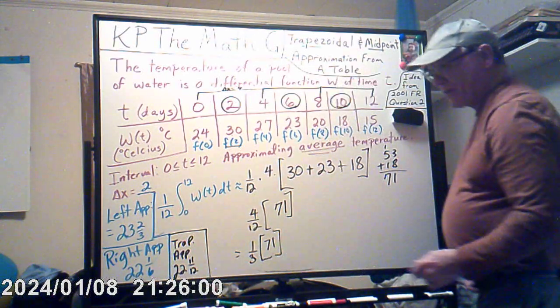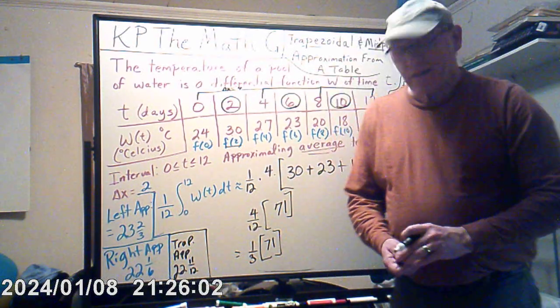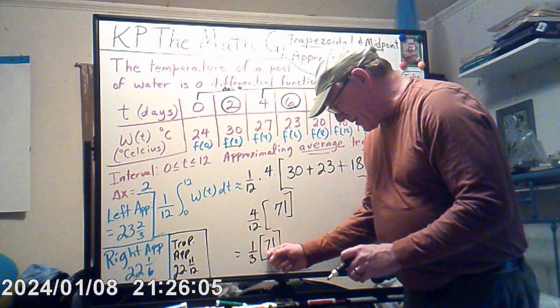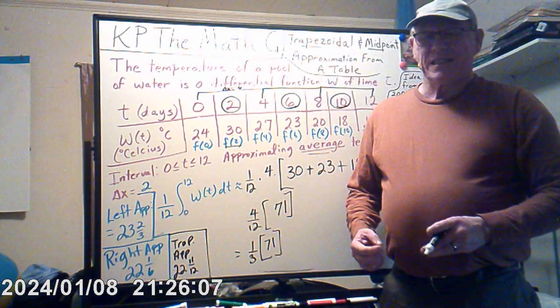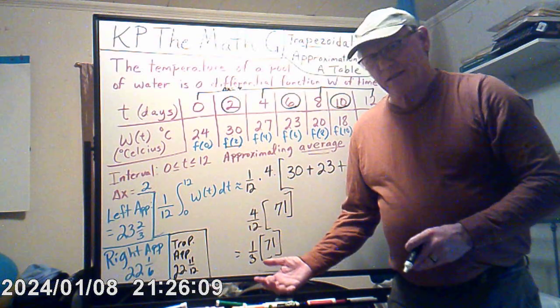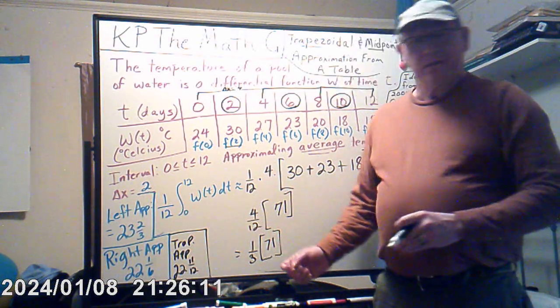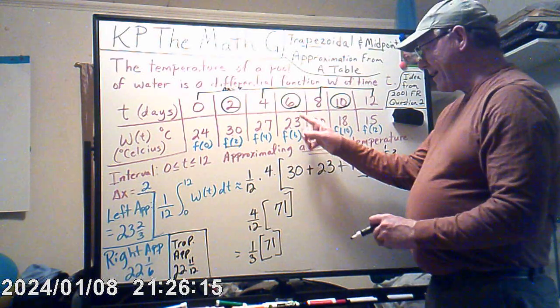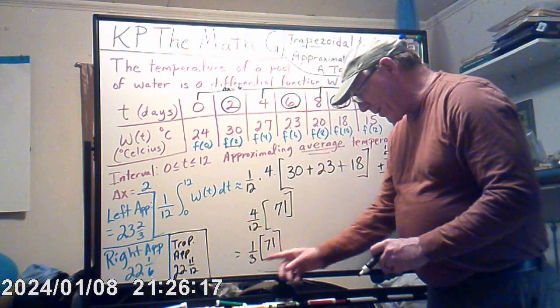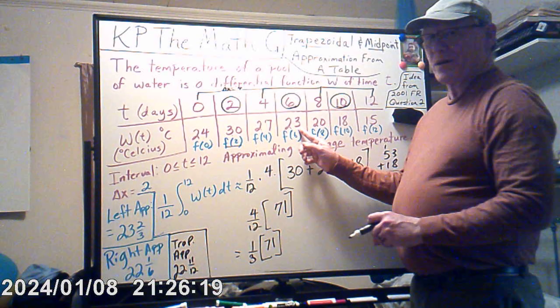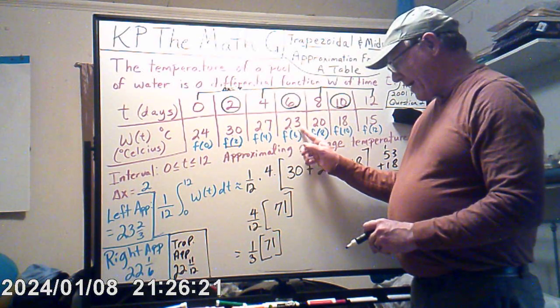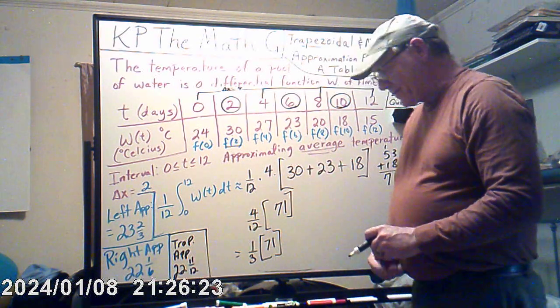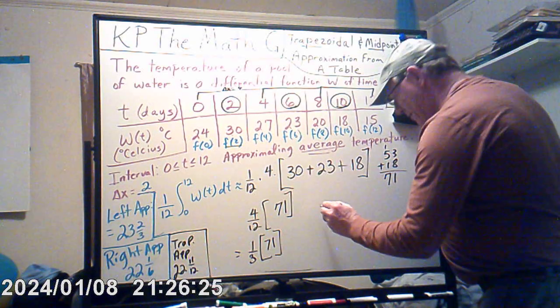3 won't go into 71. Y'all know how I know that? Because if I add the digits up, 7 plus 1 is 8, and 3 won't go into 8. If this had been 72, perfect. But it's not. When I had one problem before, I had this as 24, I remember now. And I had one more, this would have been a 72. Yeah, I don't remember that now. So 71